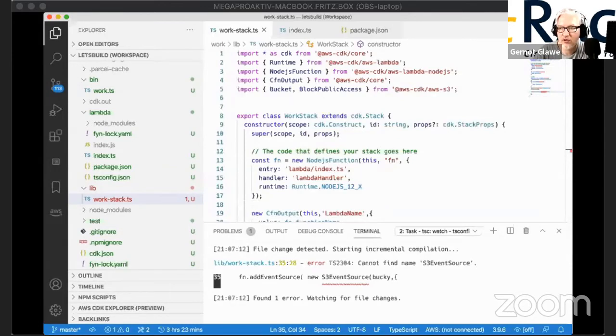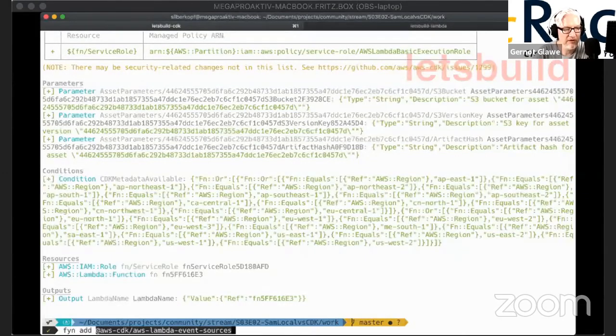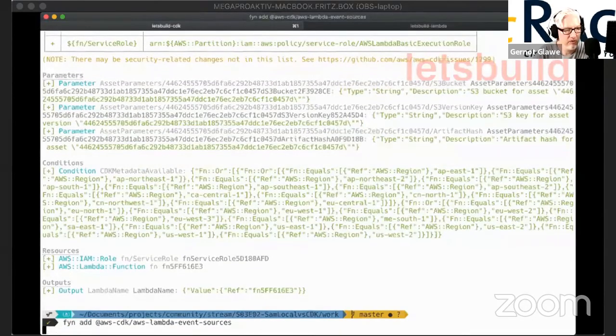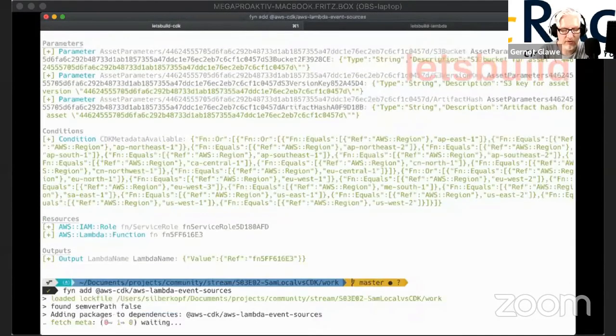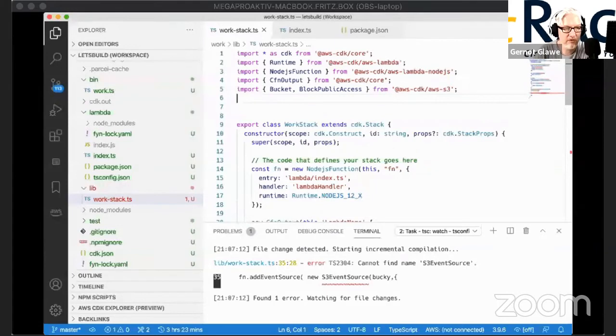I forgot one lengthy import. So we want to add AWS Lambda event sources. Of course, S3 event sources would be the other way around. And then we could do it one time manually. That we say, okay, we import the S3 event source